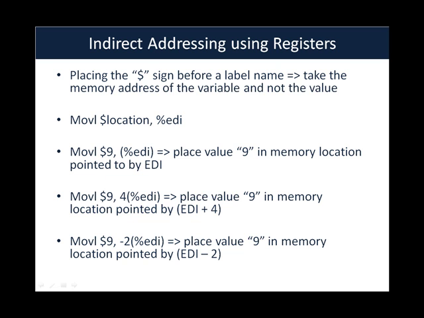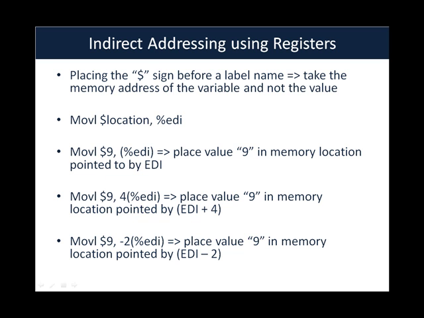Now, how do you transfer the address of a location into a register? Very simple. Take the address, move it into the appropriate register, in this case EDI. Once you do this, EDI contains the address of location. Now if you want to move a value, let's say 9, into location using the EDI register, then the way